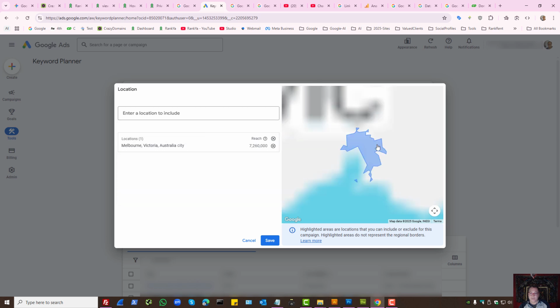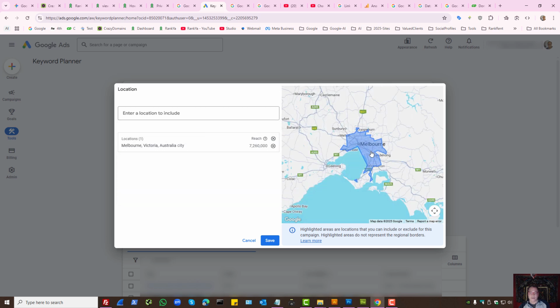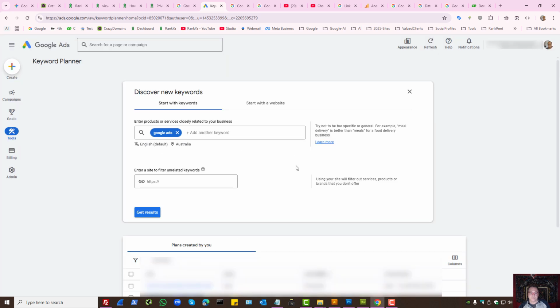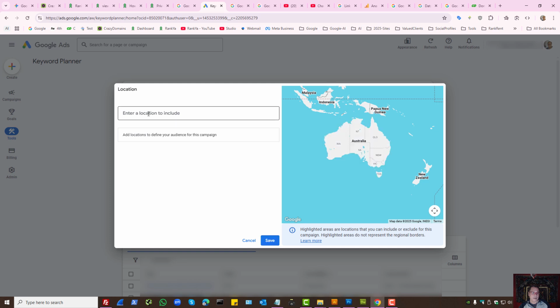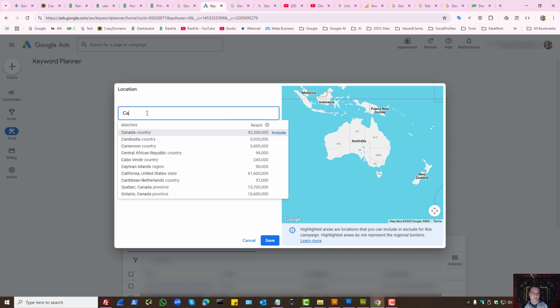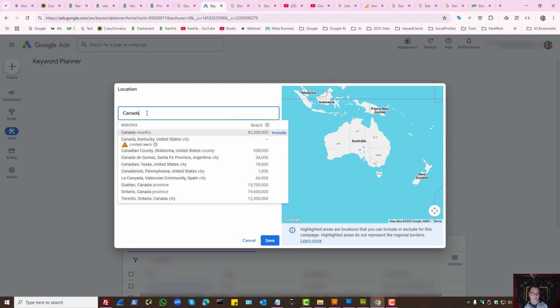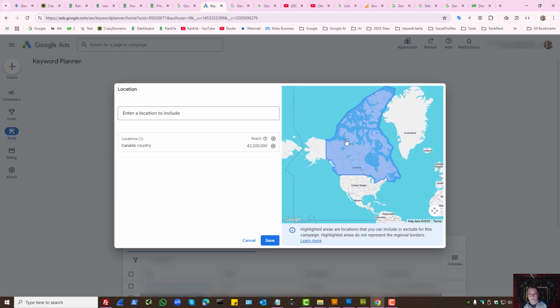Melbourne, Victoria, include that area. So instead of showing ads everywhere else in Australia, I can specifically target certain locations. Or you may say, okay, you know what? How about Canada as an example? Then you can select country Canada and target, as in show